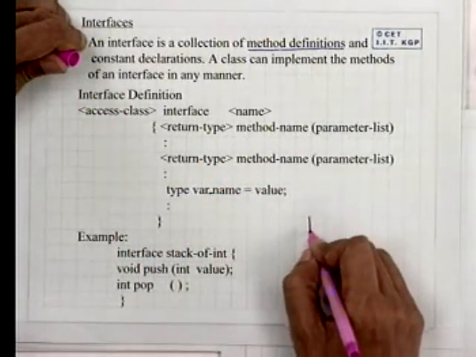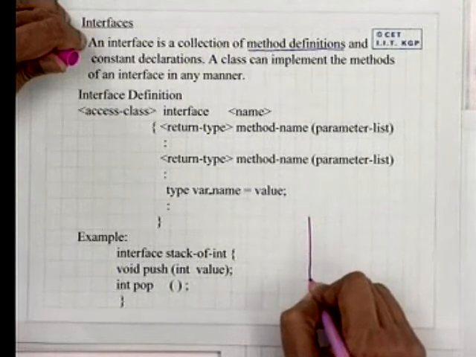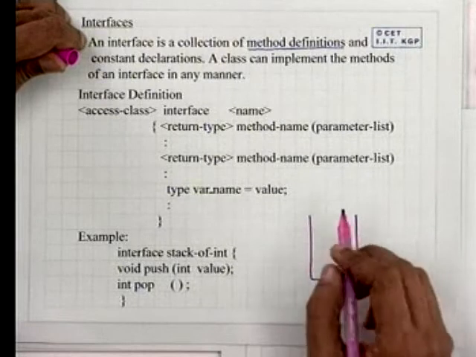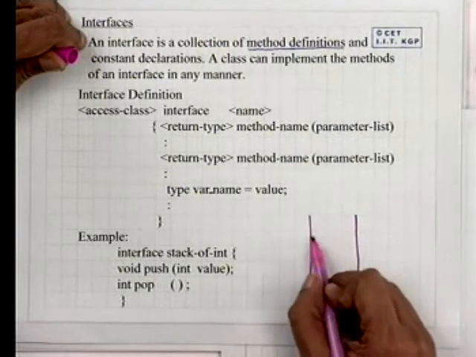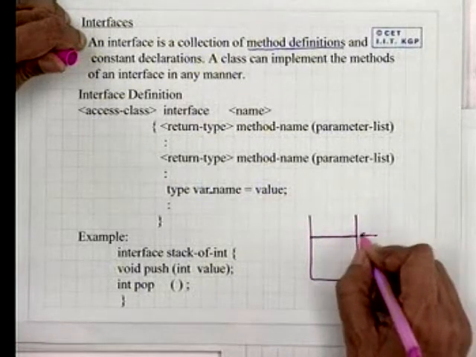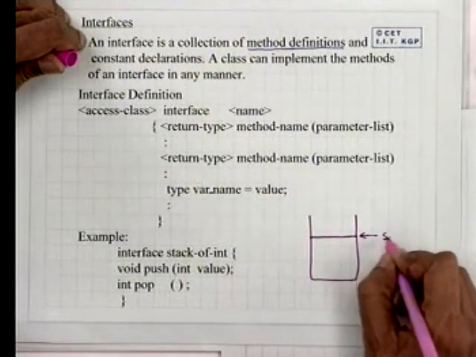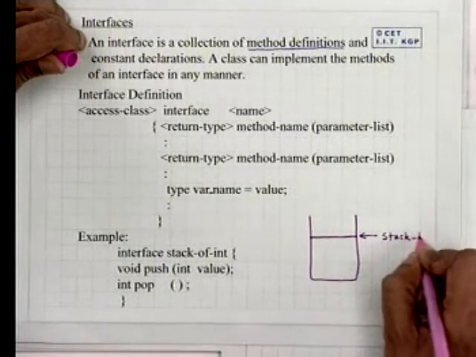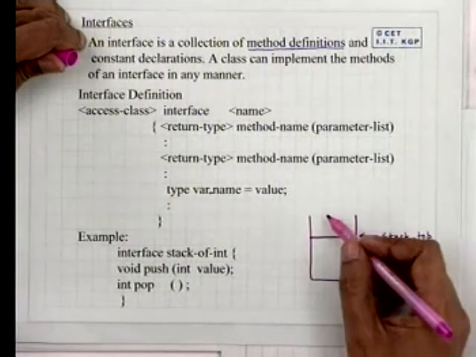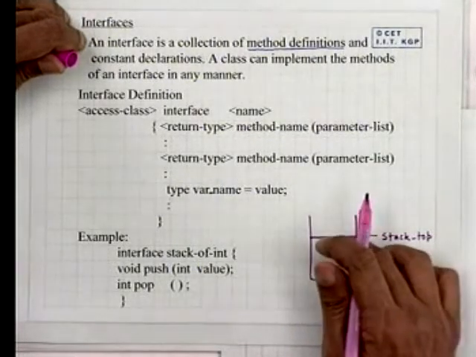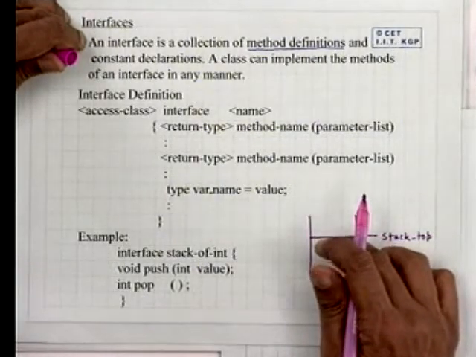In the previous course on vector data structures, we have seen what a stack is as an abstract data type. As we recall, in a stack you have something which points to the top element of the stack, which we call the stack top or stack pointer. And what we do is push the data elements from the top and then take out the element which is at the top of the stack.